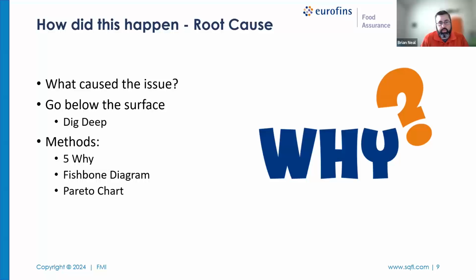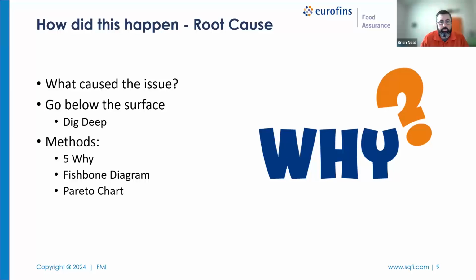For methods of corrective actions, there are so many methods out there, good and bad, easy, difficult. The really easy one is just a 5 Why. You just ask yourself, why did this happen? And after that, say, well, why? So just keep asking why until you determine, oh, well, now we feel like we're at the bottom floor of how this actually happened. So you can kind of cut it off there, make the decision as a team and say, yes, we feel like we figured it out. We fixed that and all the steps above it, all those whys above it,